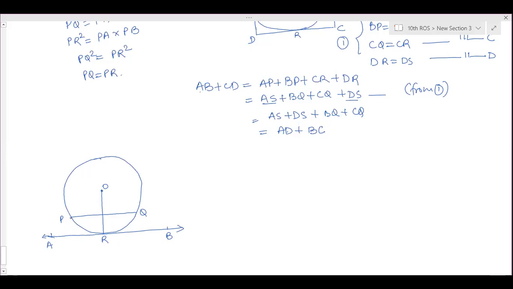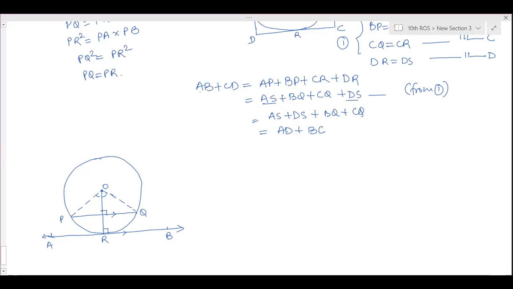PRQ, R bisects, that means arc PR and arc QR are equal. For that, we have to join OP and OR. Arcs are equal, we can show only when we can show the angles equal. So our aim is to prove these angles equal. Now this line PQ is parallel to AB. So we know that this angle at R is 90 degrees. So therefore this will be 90. Is it clear? Nishant, is this clear? Yes, ma'am.